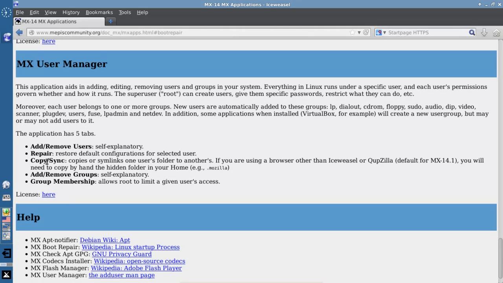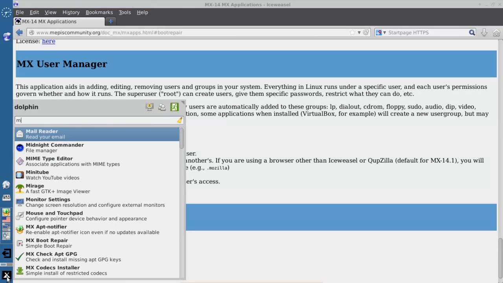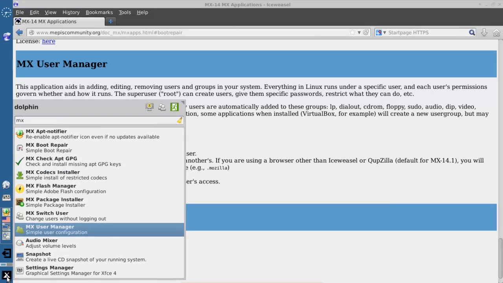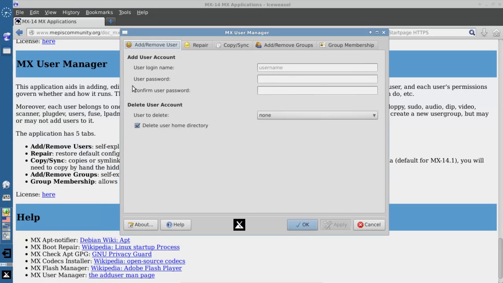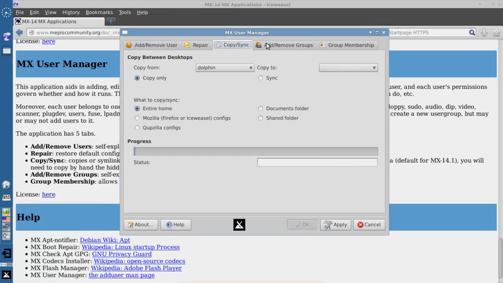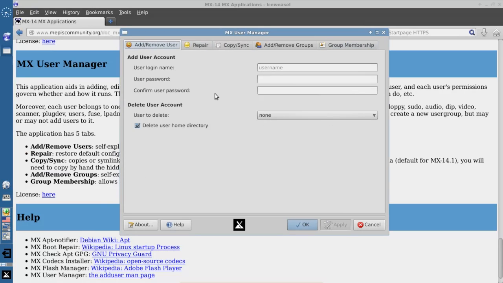You can add and remove groups. For instance, if you want to make a Samba share group, or a custom group, you can do that with this tool. And group membership, you can assign the membership of groups to various users. Let me show you this thing. MX User Manager is a really nice app, with a handy tab-oriented interface, each tab being one set of tasks